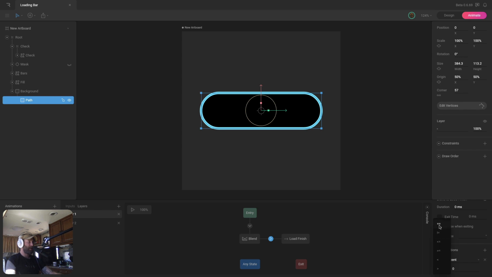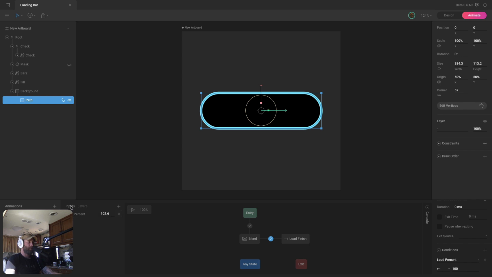So we can set it to be equal to 100, not equal to 100, less than or equal to, greater than or equal to, less than or greater than. So we have a lot of different options here, but we're going to select greater than or equal to 100. Now you may want to set this to be equal to 100, but you'd have to talk to your engineer. For the sake of getting this working for us, I want this to play even if we've gone past 100. So this transition should fire off once we get past 100.